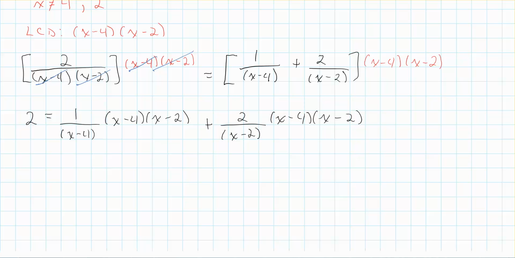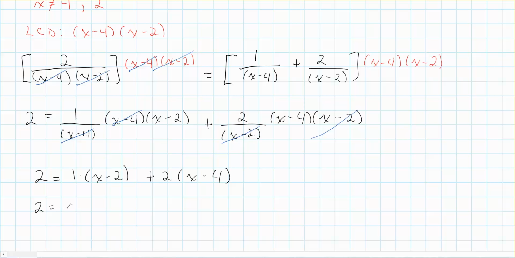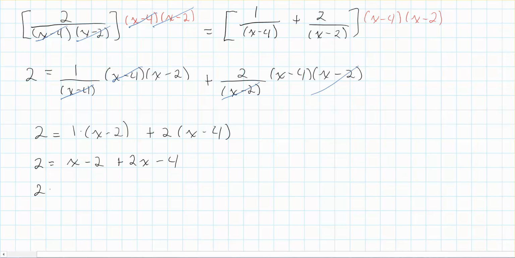Alright, so if we do a similar kind of canceling here, the x minus 4s would reduce, and these x minus 2s would reduce. So we end up with 2 is equal to 1 times (x minus 2) plus 2 times (x minus 4). Now we just have to solve this. 2 equals x minus 2 plus 2x minus 4. So you have 2 is equal to 3x minus 6. Add 6 to both sides. 8 is equal to